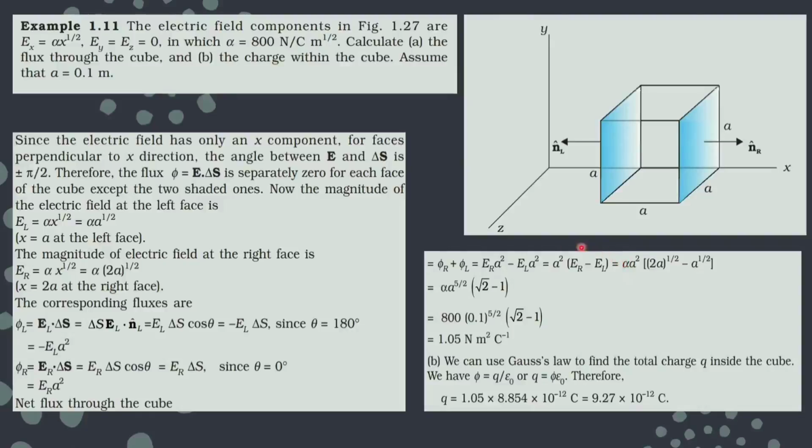So you have to understand this as the first question, and then you try more questions from your other books when they are changing the value of the fields, and then accordingly you will be finding the flux. But the formula of Gauss theorem is the same, so these formulas will remain the same. Only the value of EL and ER can be changed by changing this equation.